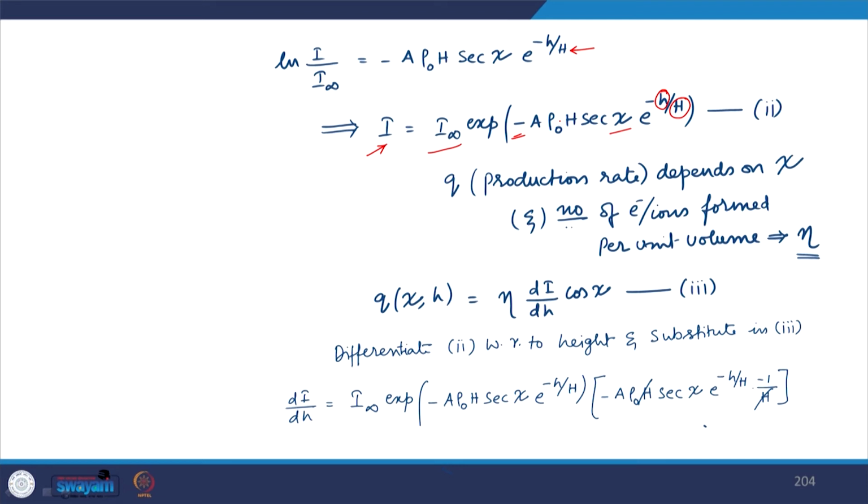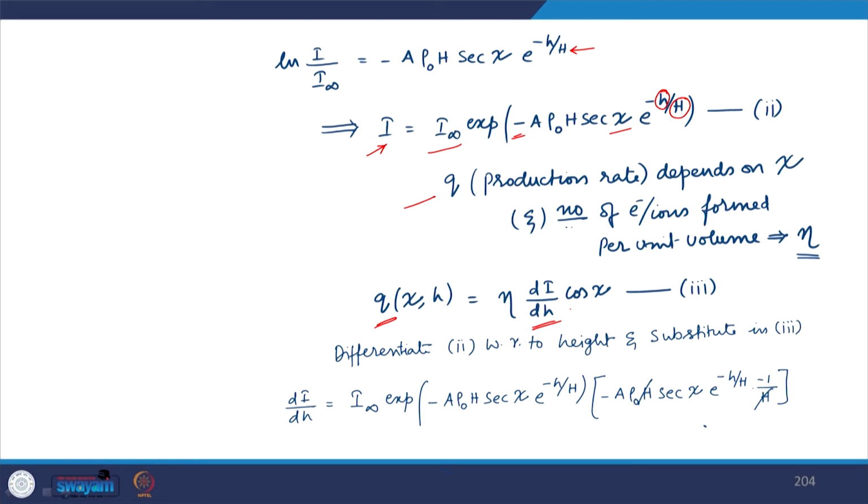This was just about the intensity. Now we introduced the production. Intensity is decreasing, so what is happening due to which intensity is decreasing? The production is happening. How does the production depend on intensity? Production depends on the rate at which intensity is decreasing. The more the intensity decreases, the more the production. So production is directly proportional to the rate at which intensity is decreasing. That's why Q, the production rate, has a direct proportionality with the rate at which the intensity is decreasing with respect to height.